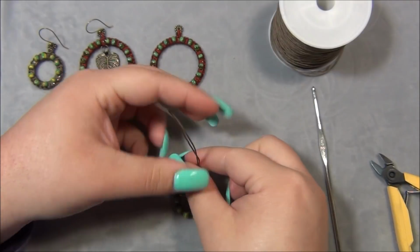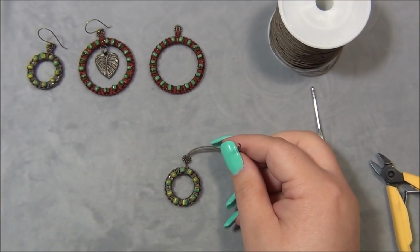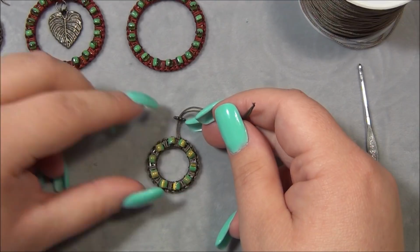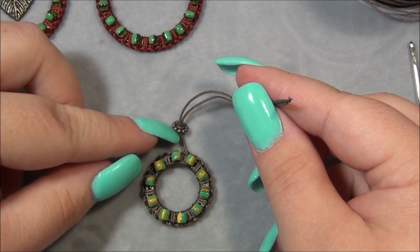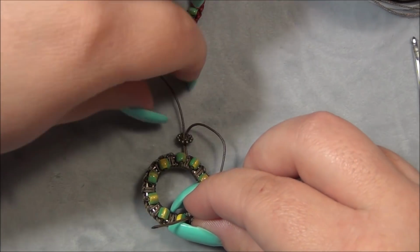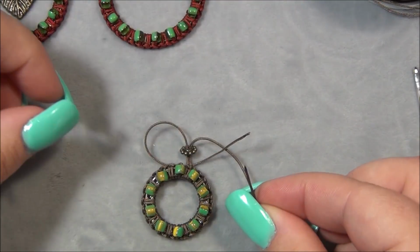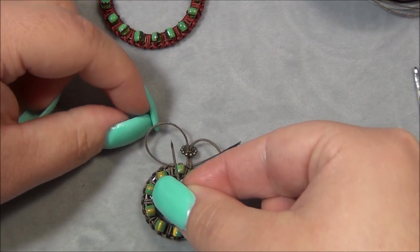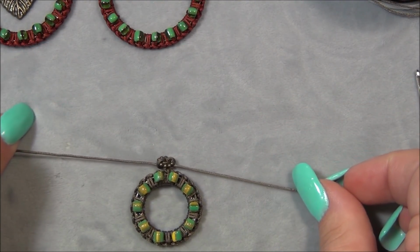I'm going to tie a square knot. So let's see if I can do this. Film this. It's going to be a little challenging. I'm going to zoom in. So I have my bead slid up there. I'm going to take my cords, and one of them needs to go behind like this, okay, and then my other cord needs to go, this cord is going to go over my right cord, and then my right cord is going to go through this loop, and then I'm going to pull my tails like this,